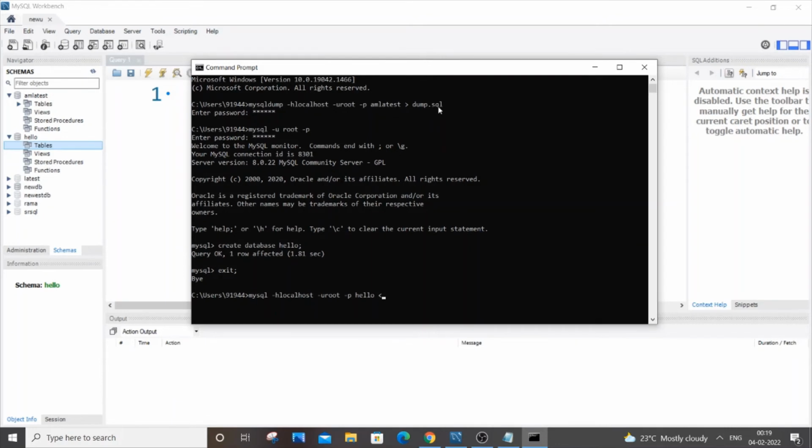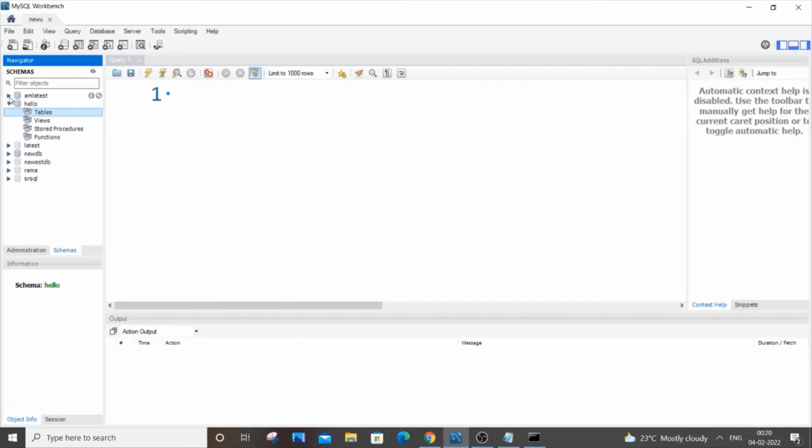Okay, dump.sql. No semicolon, just hit enter. It will ask you the password, type it, hit enter, and it will take some time to process all the things. So once it is done, now if you just go to your MySQL Workbench and refresh it, and now if you go to hello,